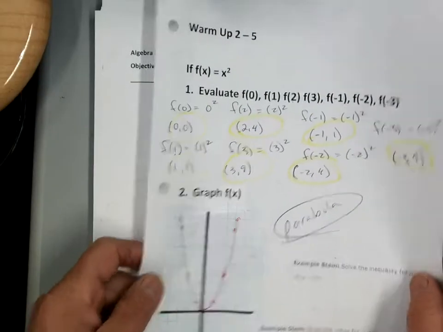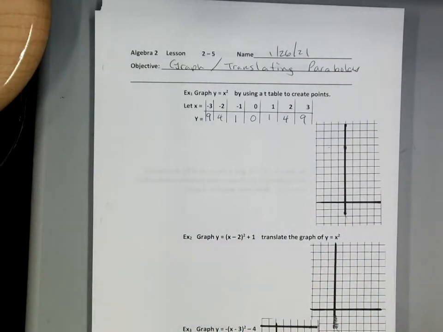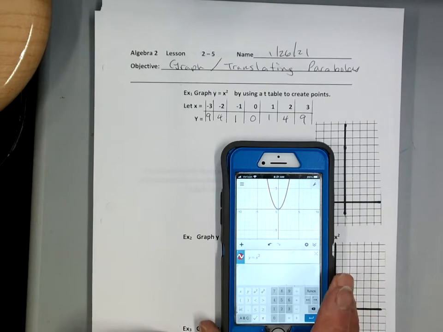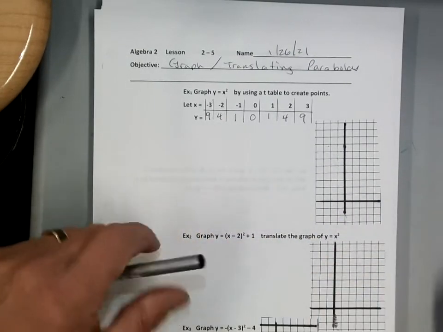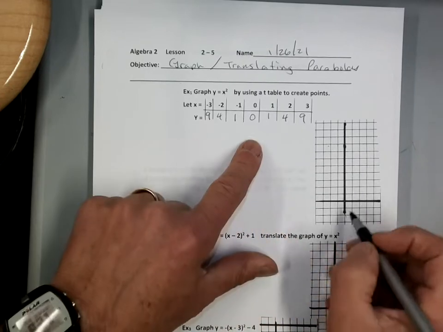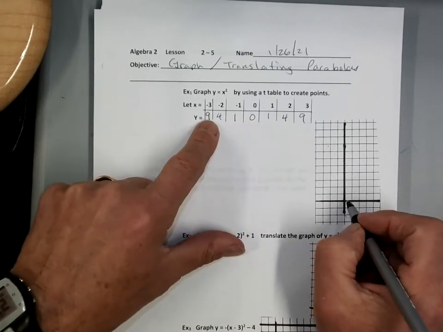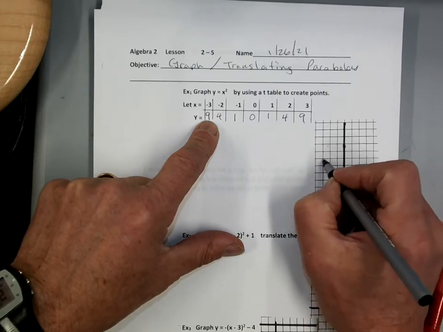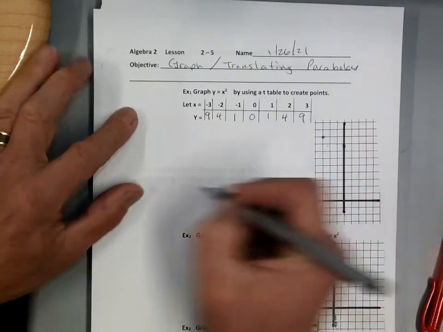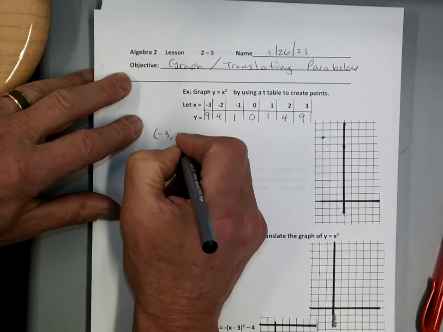We graphed it. We also looked at the graph on Desmos, right? But I'm going to put the graph down again. So I'm going to have, these are points. -3, 1, 2, 3, 4, 5, 6, 7, 8, 9. These are points. -3, 9,